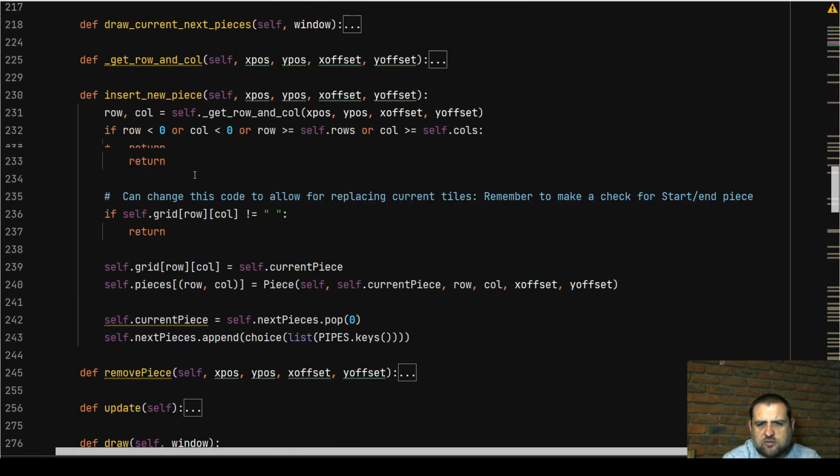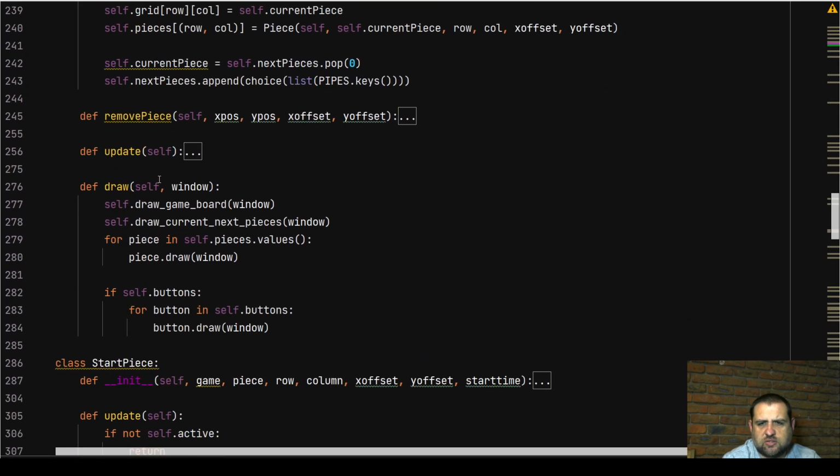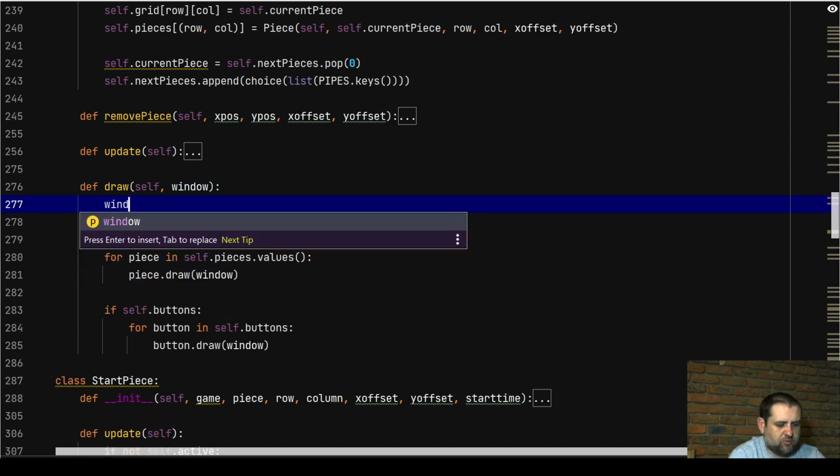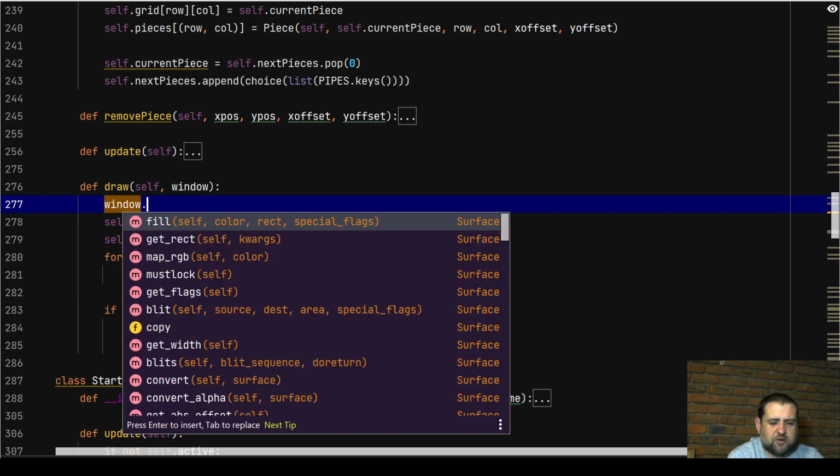In the gameplay class, right down to the draw method. Where's the draw method? Right there. Insert from the very beginning of the draw method. We're going to go with window. So basically now we're going to insert some text onto the screen. So we're going to go window.split